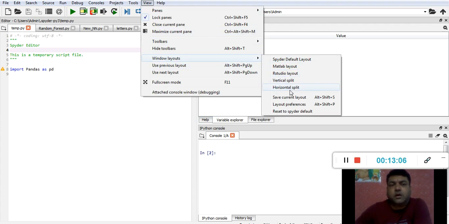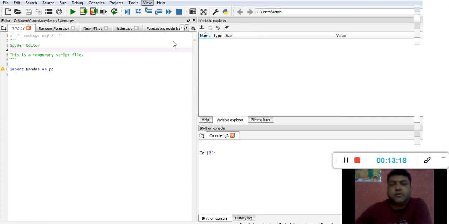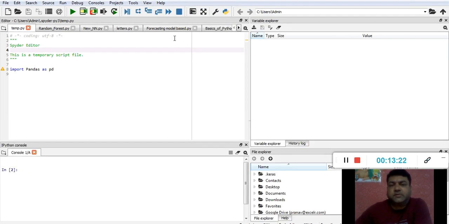So far, so as to speak about the IDE, how it looks, what the different types of looks available are. I generally prefer this RStudio layout because it gives me some sort of similarity between R and this. Variable explorer will be here at the right top.